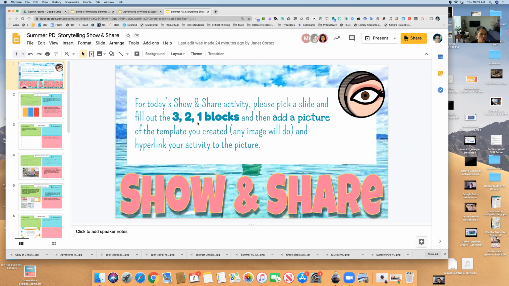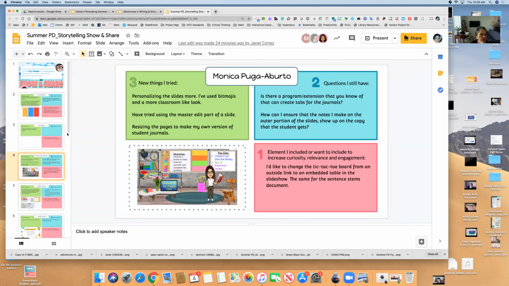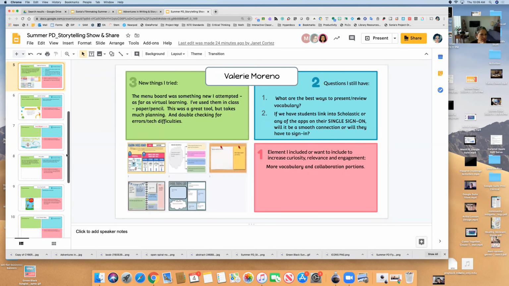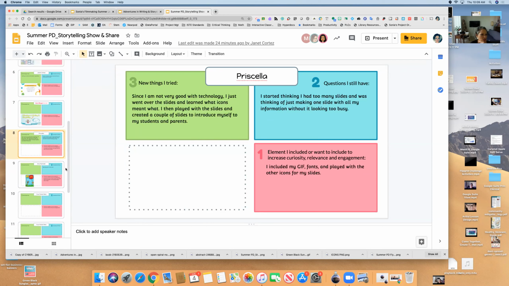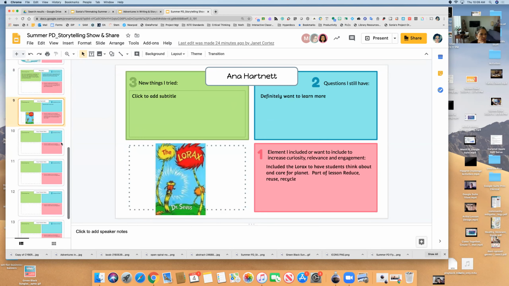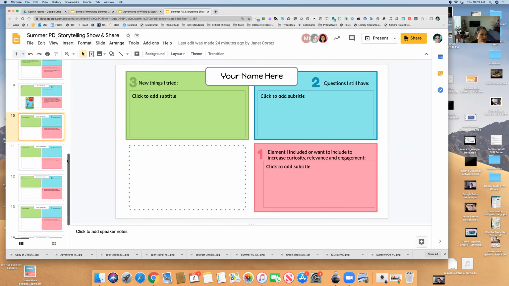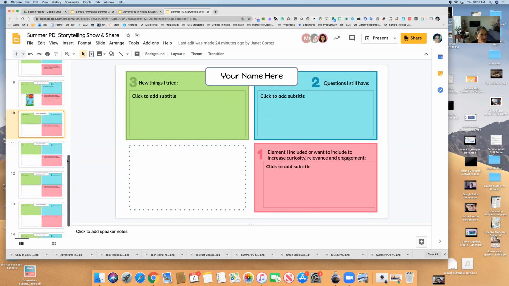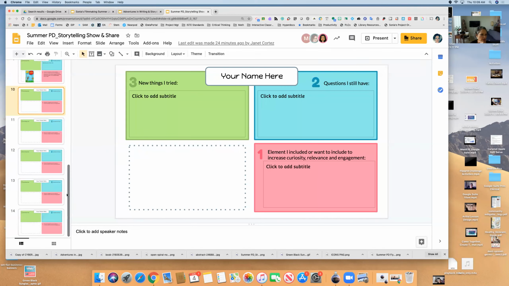All right, so in the show and share, let's look at the instructions. Okay, and this is also made in where I created templates. So you'll notice all of these are templates for students. You are my students today. And so what you're gonna do, that was the first class. So you guys are gonna start at number 10, okay? So from 10 on, and I can duplicate some more.